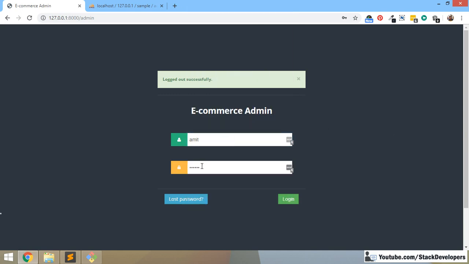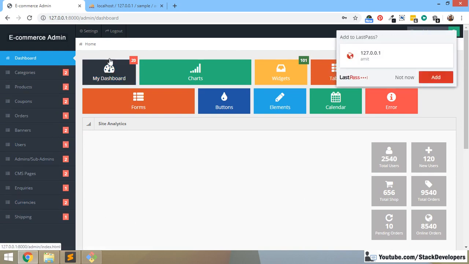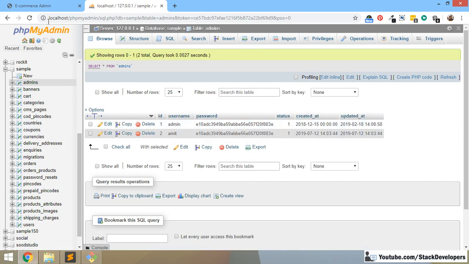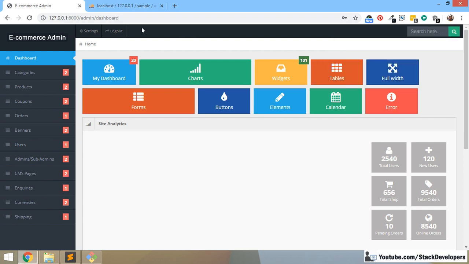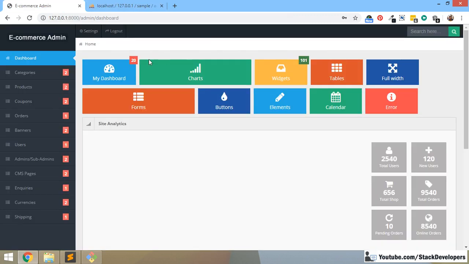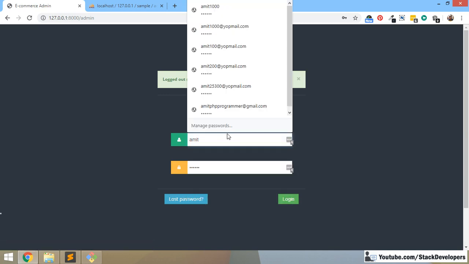And here, 123456. So here now you can see we have logged in with Amit. Now you can see that we can access any feature. We have logged in with the Amit account, and the Amit account also comes in our list here. So like this you can log in with Amit, and you can also log in with Edwin. I'm going to log out, and from the Amit account as well you can